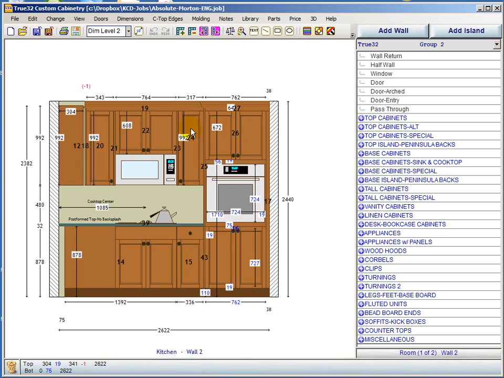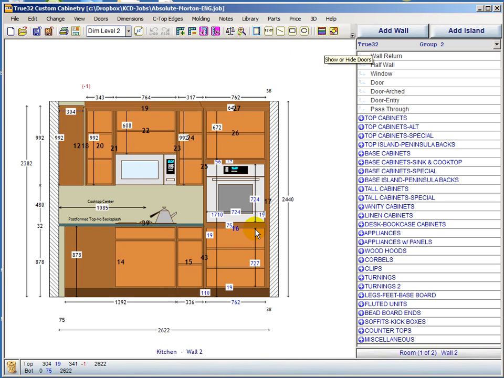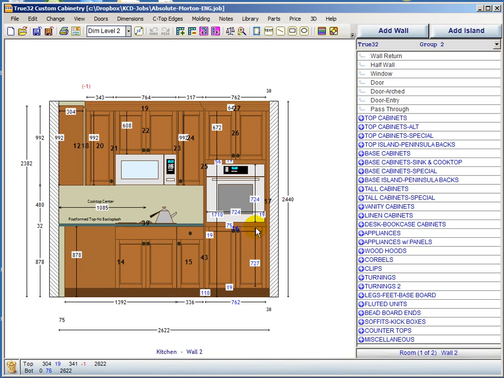Having a width and a height of this cabinet is really all that's needed to make that cabinet. But this one, you need to know this opening height and opening width, and you need to know the size of this rail, and the size of this top rail, and the size of this opening below. And if we turn the doors off on this cabinet, we can actually see that it is identifying this opening height from the top of the bottom to the bottom of this rail. When we turn the doors back on, you'll notice that the door is actually